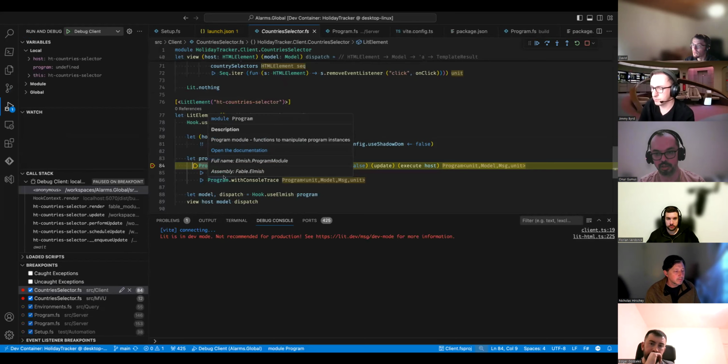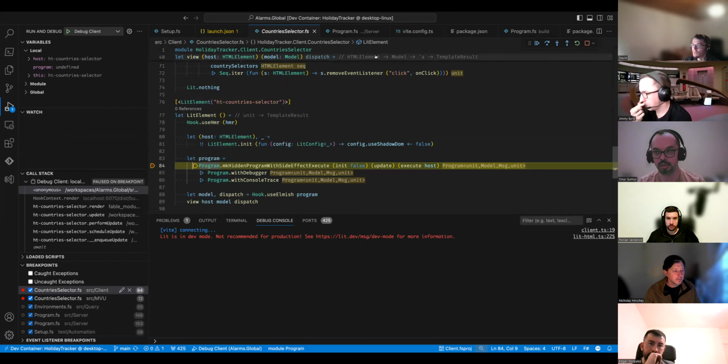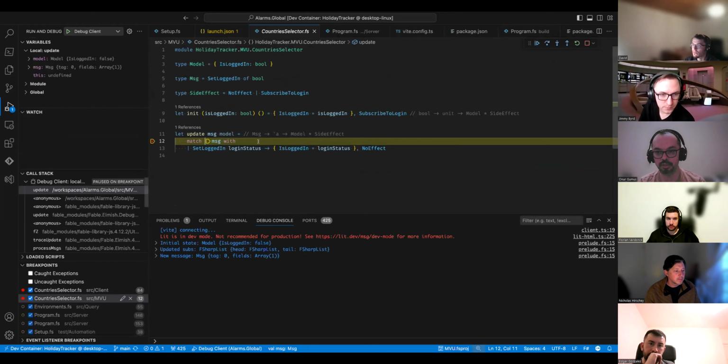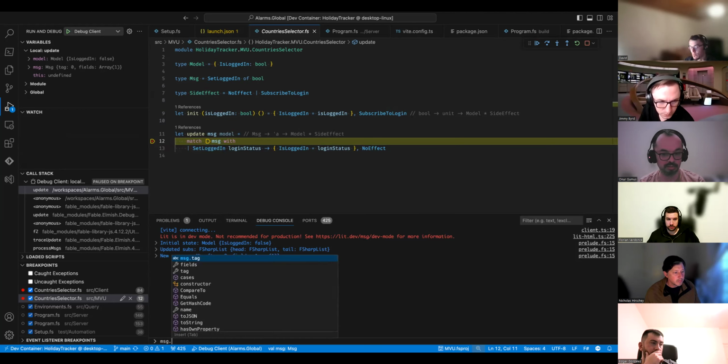And you can see, this is Fable Lit code. It immediately hit. If I continue, then it hit again. So yes, you can use these breakpoints. For some reason I wasn't able to run the conditional ones, but the immediate window is, again, actually JavaScript.